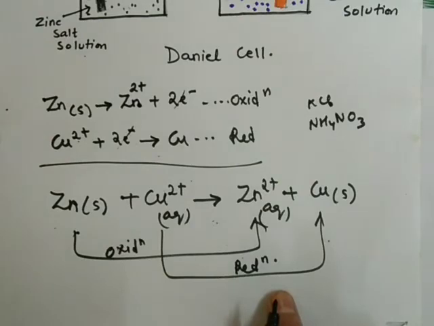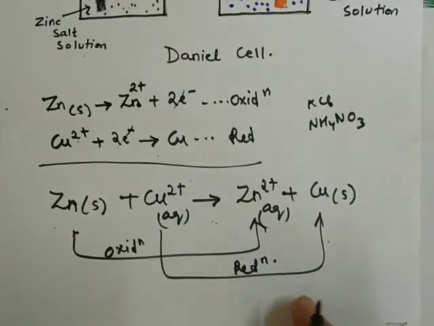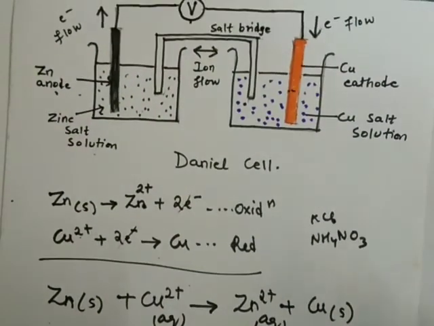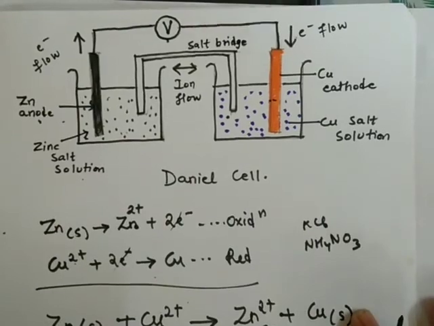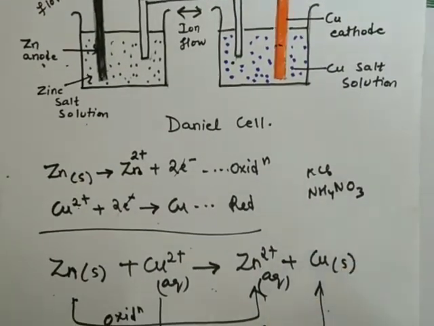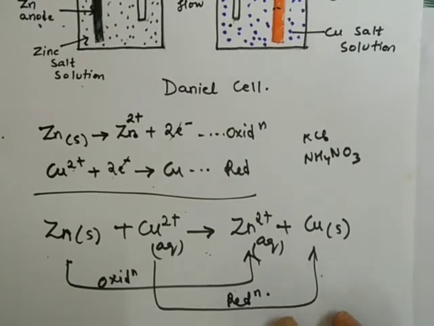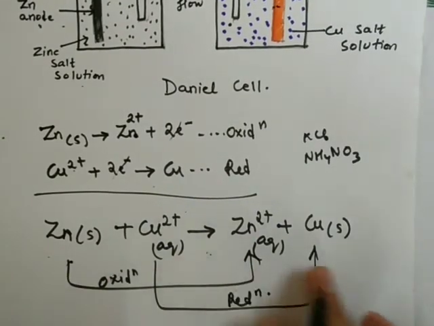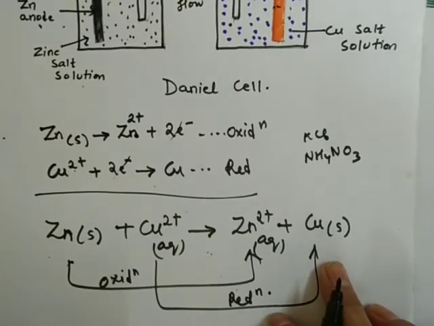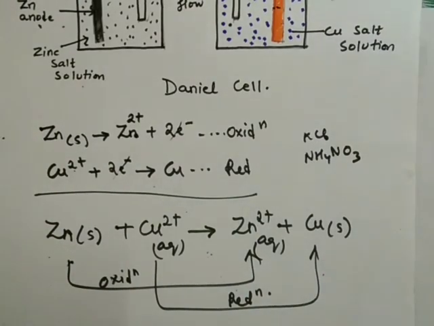This redox reaction will be used to generate electricity, which we will continue, how electricity is generated and what we mean by electrode potential, what is meant by redox couple, in the next class. For today, you just try to understand what is the construction of Daniell cell and how redox reaction takes place in this Daniell cell. Actually, this is a displacement reaction, and we have already seen that displacement reaction is nothing but a redox reaction. We will continue next time.